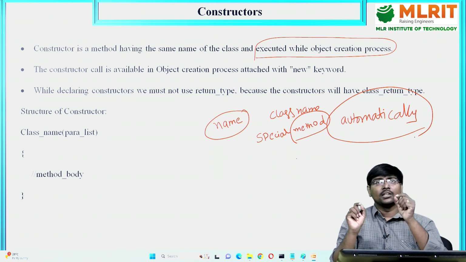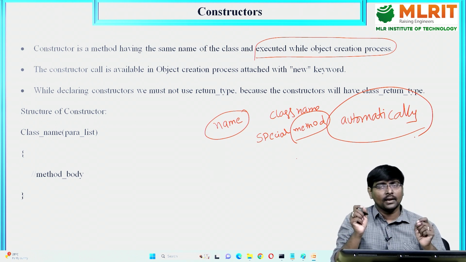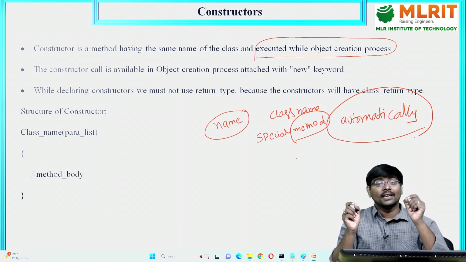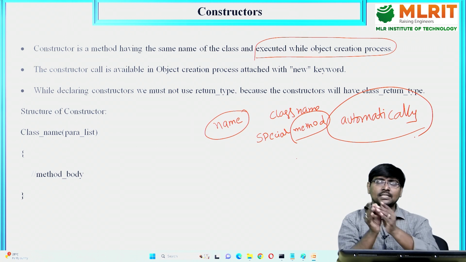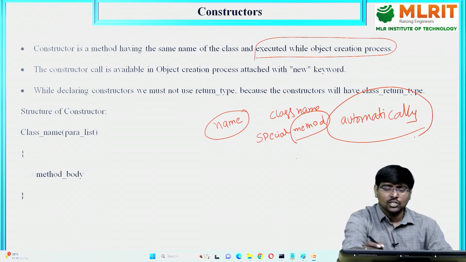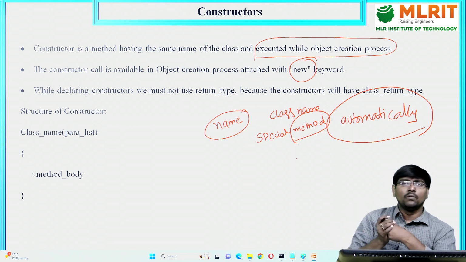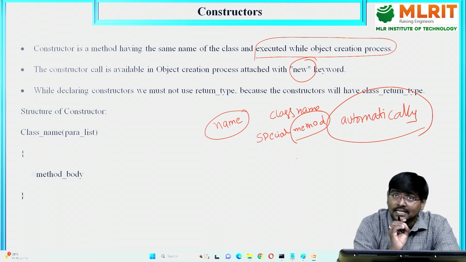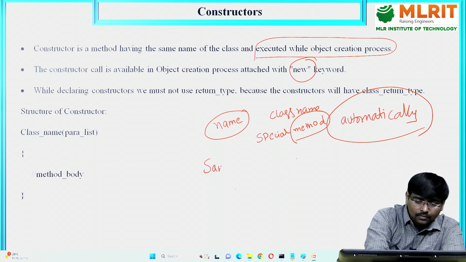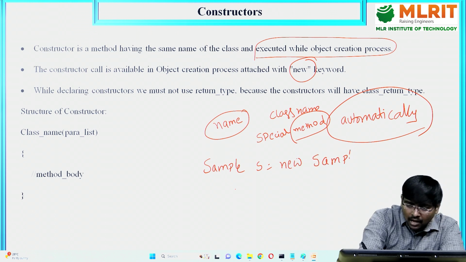Similarly, constructor is also executed automatically during the object creation process. And always the constructor is attached with the new keyword in object creation. I think everyone knows how to create an object. For example, if class name is sample, then Sample s = new Sample();